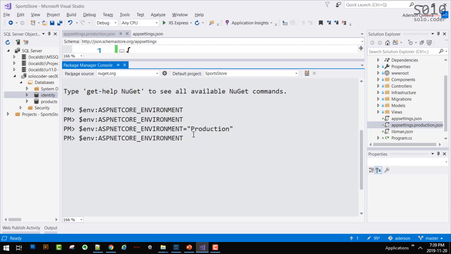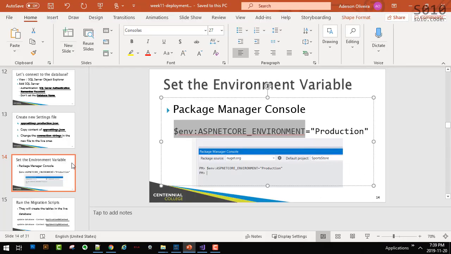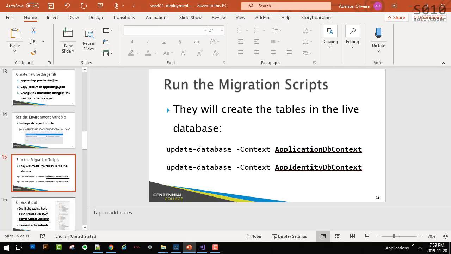Now if I try to read it again, it will show production. So now the in-memory variable called ASP.NET Core environment is set to production. So when we run the update database context, it will run against the second appsettings, not the first one.